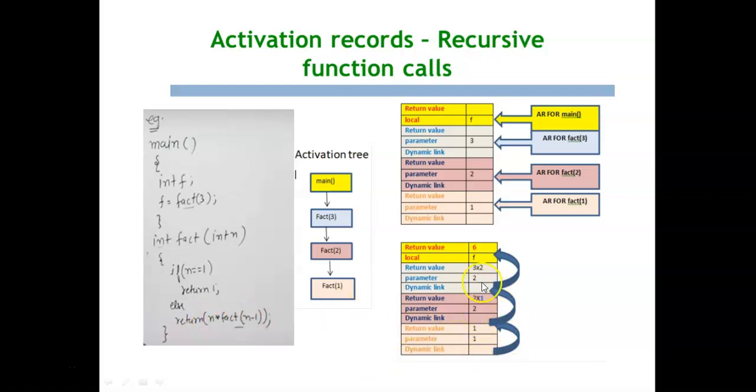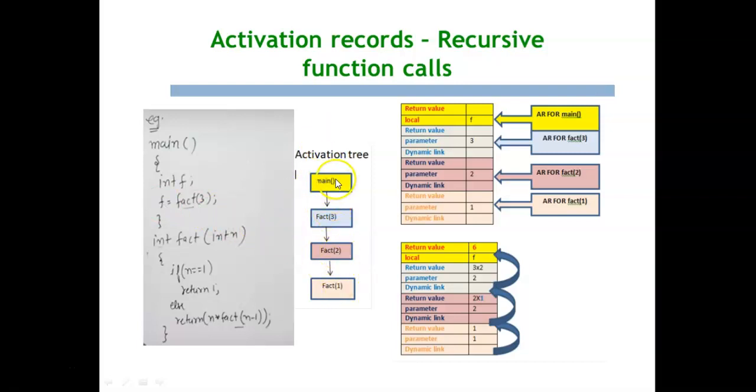So fact of n minus 1 has returned 1, that is multiplied with its own parameter n. 2 into 1 will be multiplied. So this is again returned back to the previous function. So 2 is the value returned by the previous activation record and the current parameter is 3. 3 into 2 will be returned back to main. So ultimately in the main function, fact of 3 will have 6 as its value and it is assigned to the local variable f.